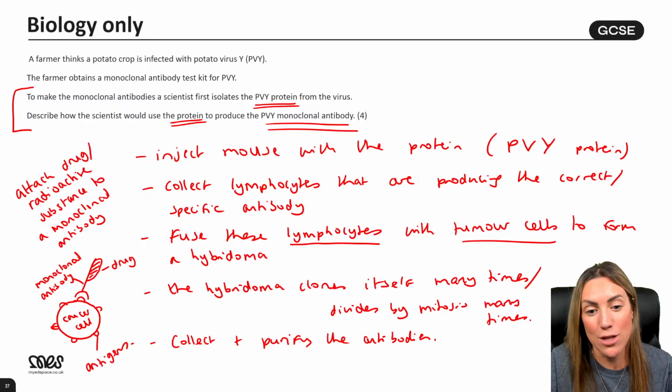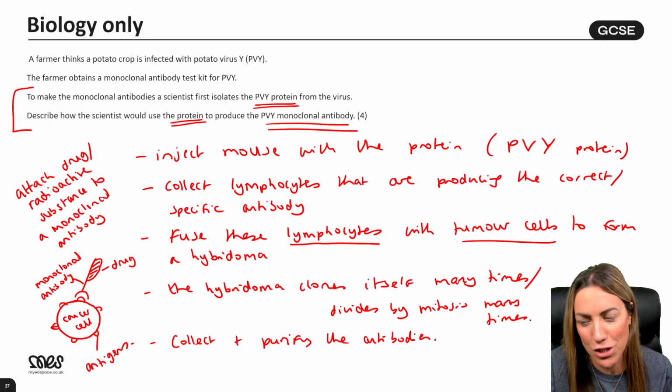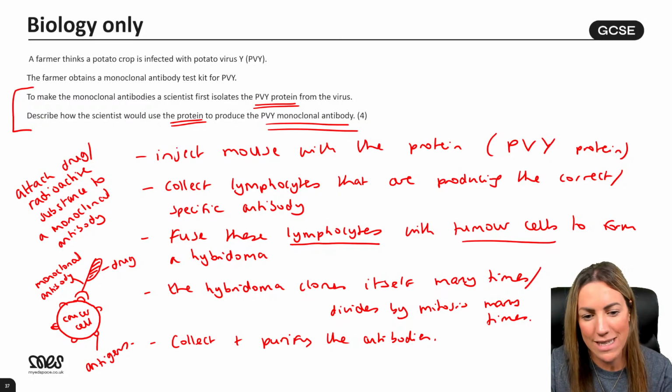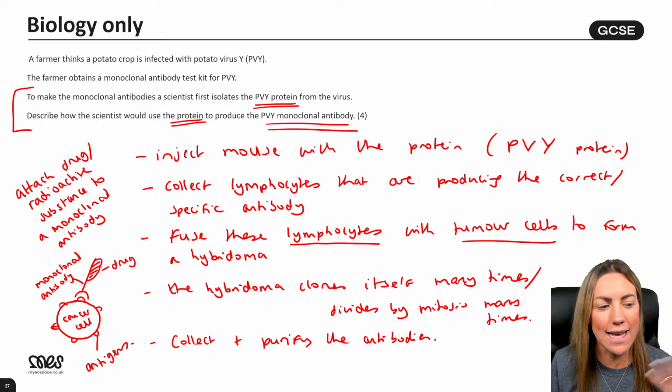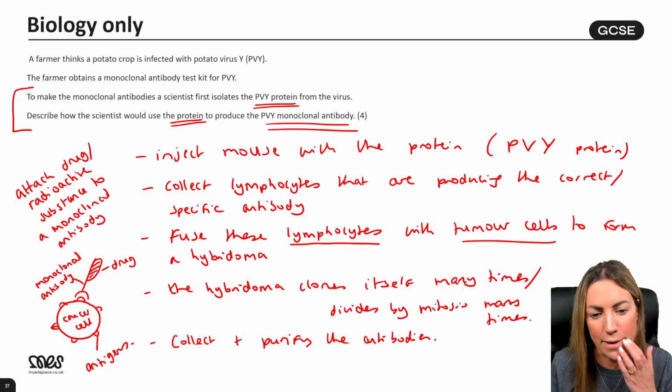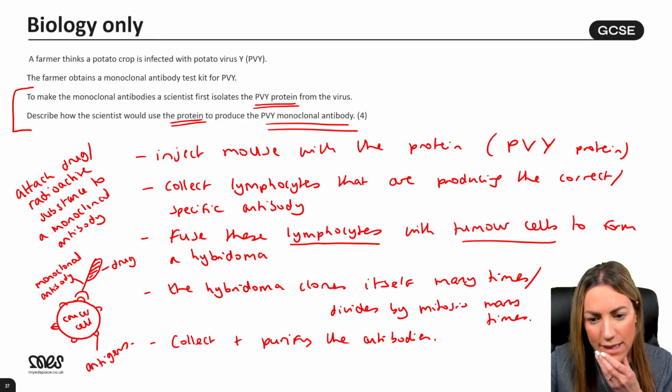Yeah, pregnancy test is another use. I haven't got a question on that, unfortunately. But hopefully, if it does come up, it's going to be how to make monoclonal antibodies, or maybe now we've talked a little bit about treating cancer with monoclonal antibodies. The benefit is it destroys cancer cells without destroying other body cells, whereas traditional chemotherapy and radiotherapy destroy healthy body cells as well, right? This is targeted therapy just for cancer cells.